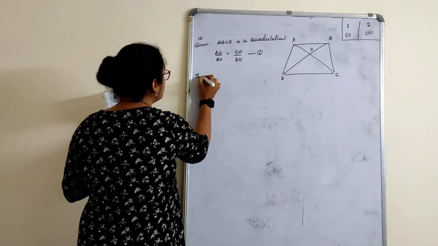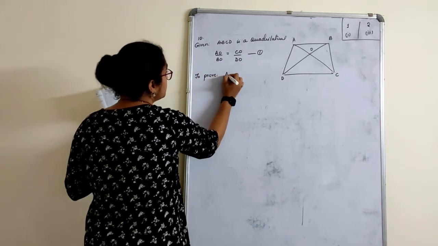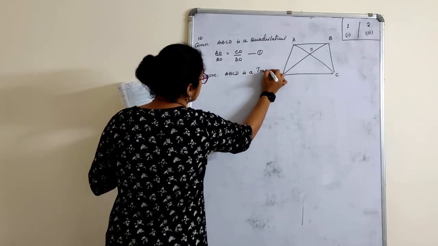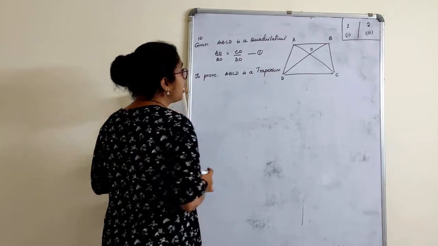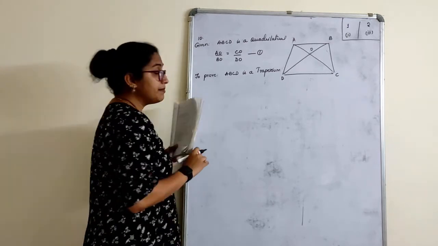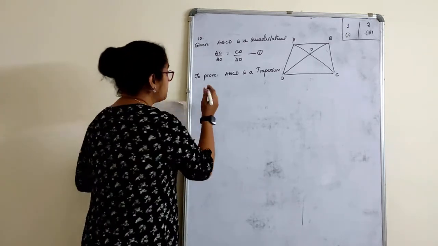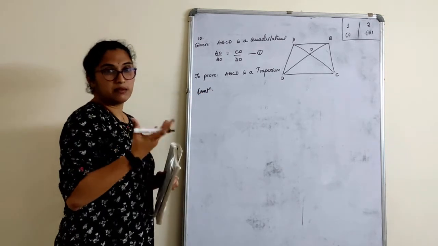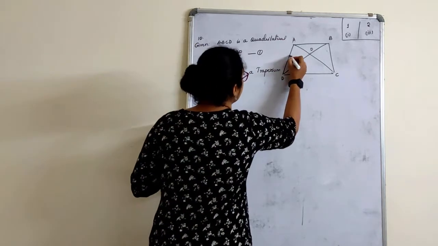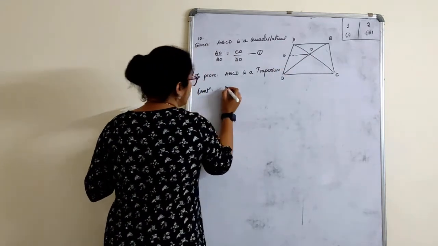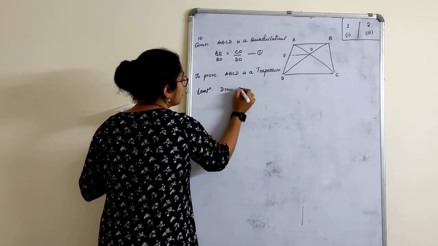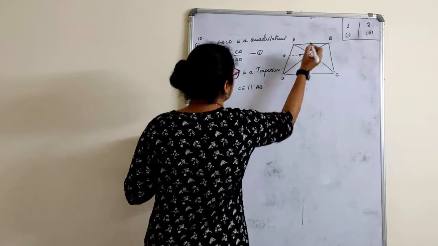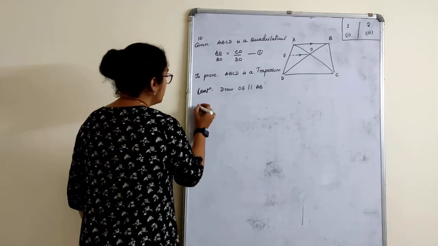What we have to prove? We have to prove that ABCD is a trapezium. Trapezium means we have to prove one pair of sides as parallel. And remember, this is again to be done by BPT only. So construction we require, because BPT can be done only if something is given parallel. So I will consider again what you know as here. Draw OE parallel to AB. Only one side I will take parallel, not both the sides here.